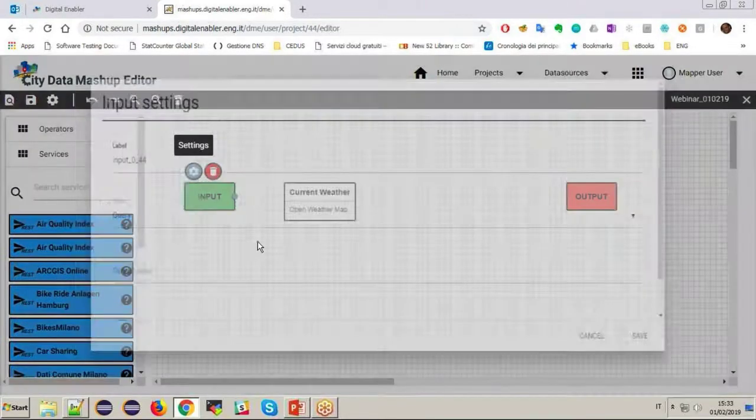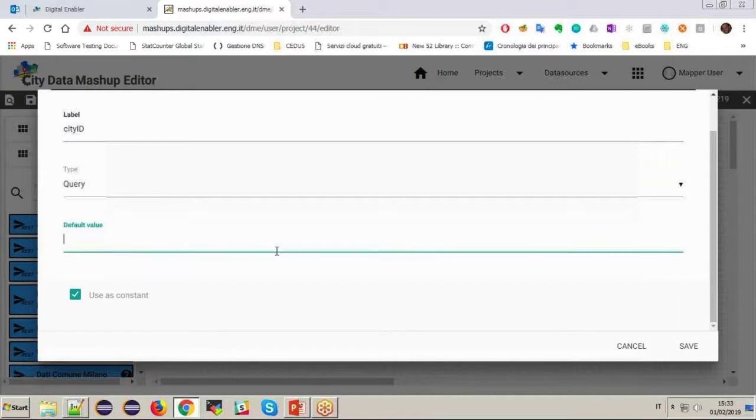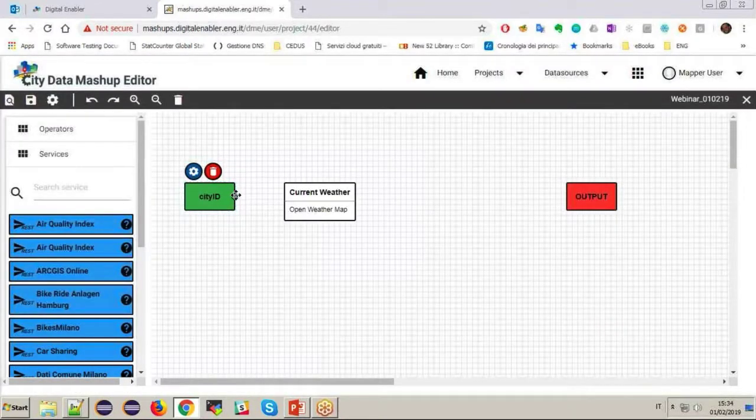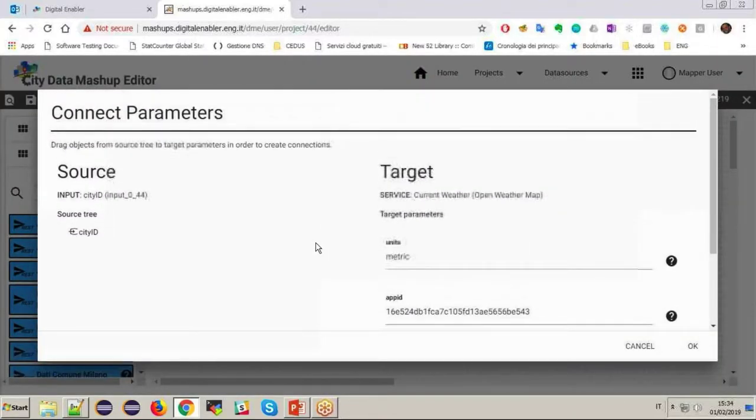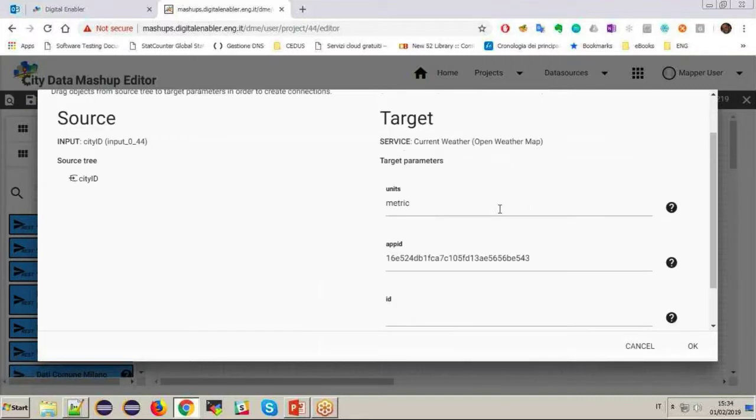We have a single input. In this case, we can change the name, city ID. Say we provide the city ID as input to the service,